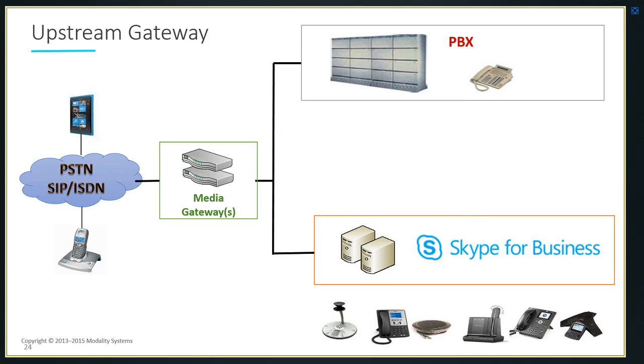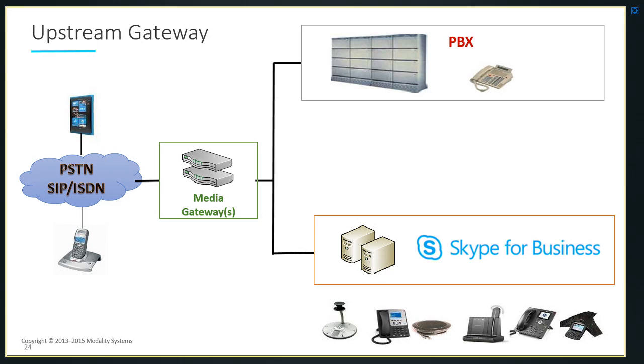Next up in our diagram is what is my preferred option on 9 out of 10 deployments. This is classed as an upstream gateway deployment. So this is where the media gateways are sat right next to your PSTN, and that's the first hardware that the call would hit on an inbound telephony call from PSTN. So the call would come in, hit the gateways.